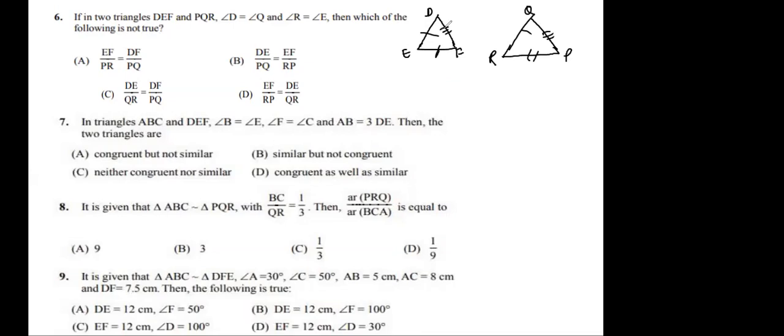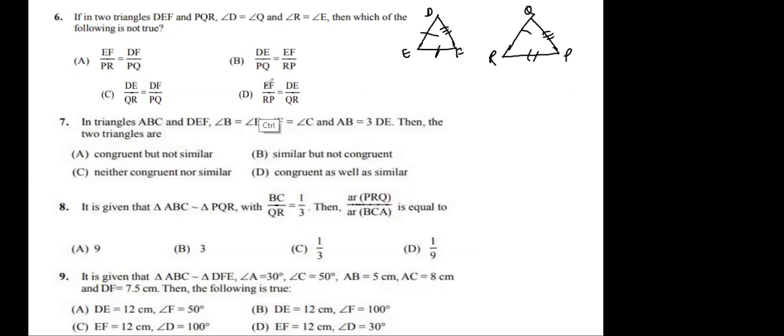So we have the three lines here that would be proportionate with this one. Here we have EF, PR, DE, PQ, DE, PQ, EF, RP. Somewhere it is written as PR, somewhere as RP. So let's check. DE upon QR, DF upon PQ, and EF, RP, and DE and QR. Everything is okay, but instead of PR, in two places we have RP.